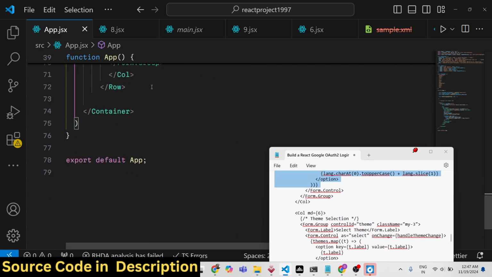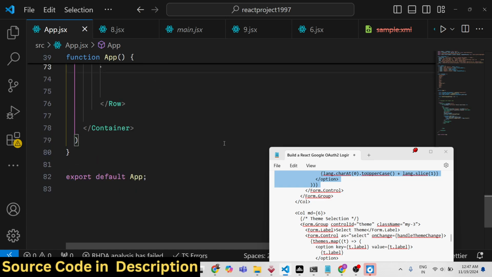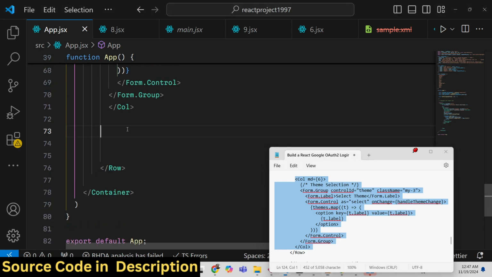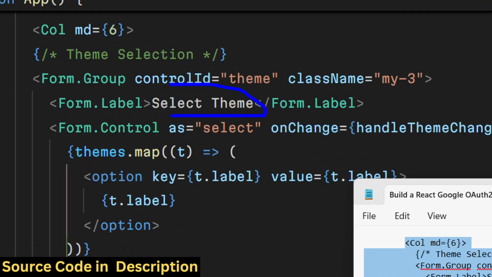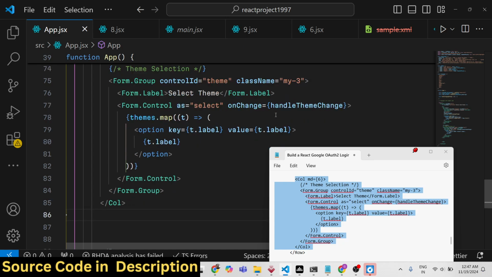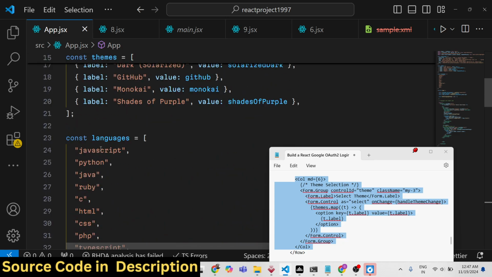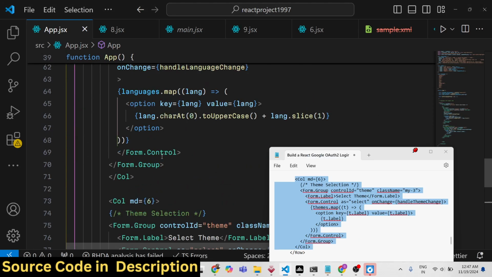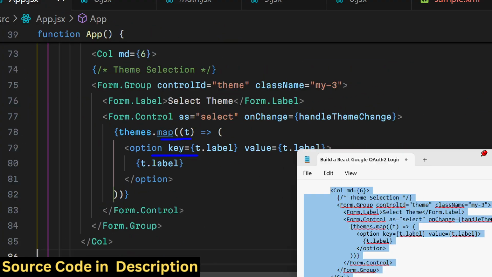In similar terms, we will have another column in which we will have the theme selection. We will do the same thing, but this time for selecting the theme. So we have the same code, but this time we are selecting the theme right here. The code remains the same. We are looping through this array that we declared for themes. If you see, we have different themes available. We have a drop down right here, and we are looping through using the map operator. We are creating an option,